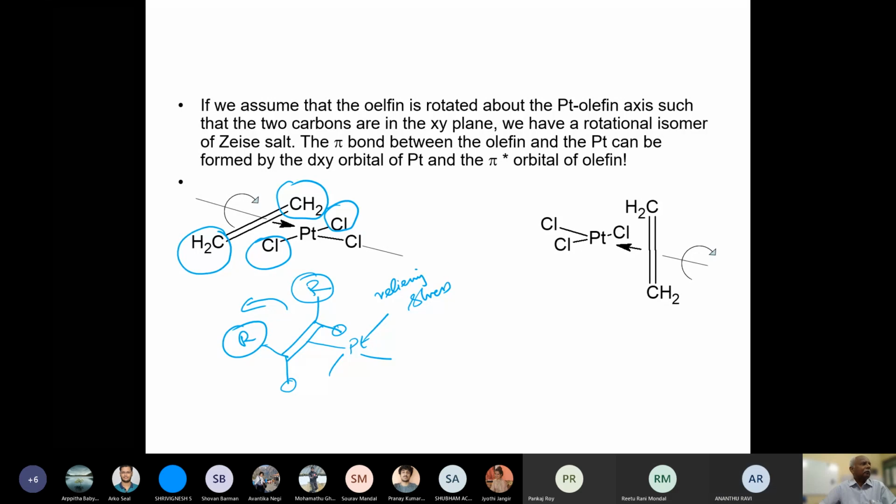Yes. Sir, in the case of the nickel zero tris-ethylene complex, we can also use it as an example to say that the metal olefin interaction is not purely sigma. There is also pi interaction. Otherwise, in that complex, the fourth ethylene bond can form and it can rotate either way to reduce the steric interaction. Right?